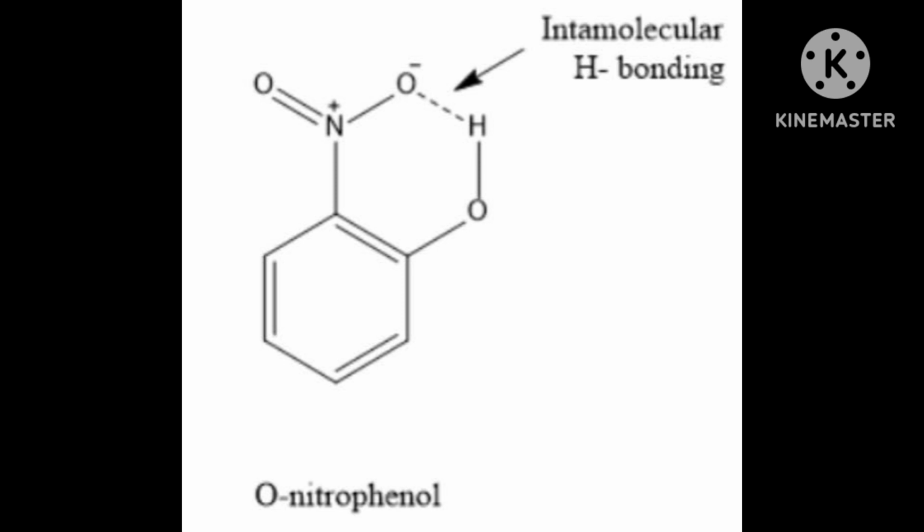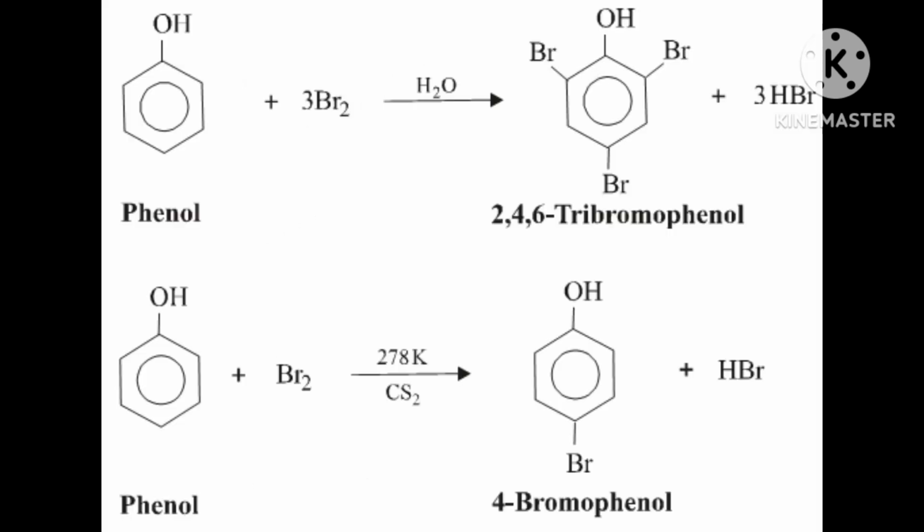For the electrophilic substitution, OH is responsible. Also, it directs the incoming group to ortho and para positions in the ring, as these positions become electron rich due to the resonance effect caused by the OH group. So the incoming group will go to ortho and para because they are electron